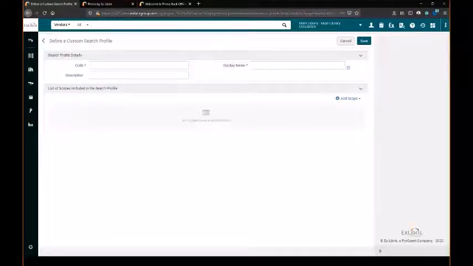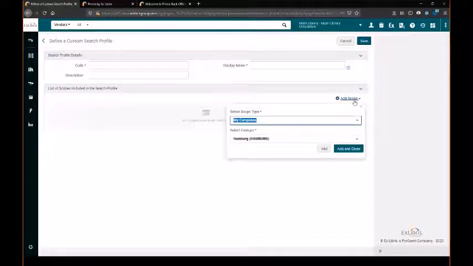You can create or modify the list of scopes included in the search profile. Before you begin creating any search profiles, make sure that you have already created any custom scopes that you intend to include in the search profile. There are pre-existing scopes for you to choose from. Scopes for libraries and campuses, as defined in Alma,